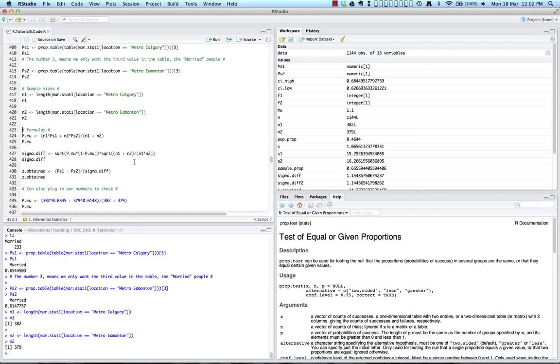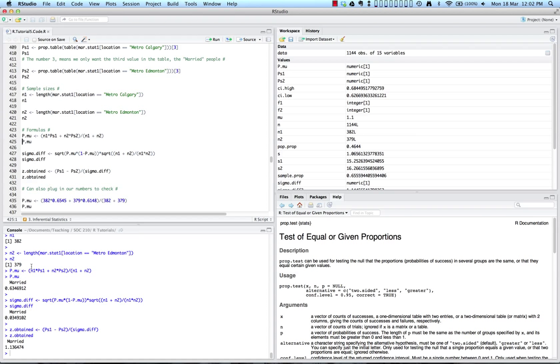And now that we have everything together, we can plug these things into our formulas from our textbook. So we have our formula for P sub mu, our formula for sigma with the differences between our proportions, and finally our formula for Z obtained. So let's run them all together and see what we get. Well, first we see that our P sub mu, our pooled one across our 2 samples, is 0.6347 for married people. We see that our sigma is 0.0349, and finally we get our z obtained for married at